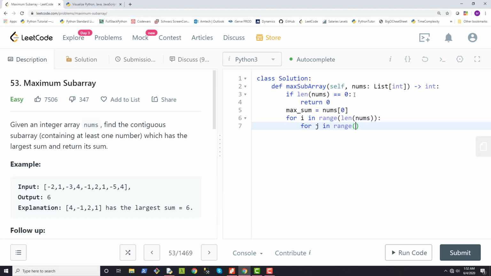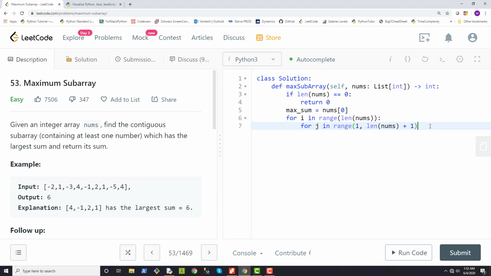J in range 1, and we'll do length of nums plus 1. And the reason why we're doing length of nums plus 1 is because we're going to be using this j value to slice our subarrays, and we're doing a plus 1 here because when you do a